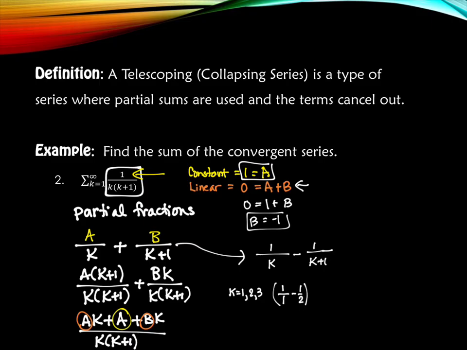Okay, cool. And then I'm going to have this added to the thing that comes next. Well, now I need to put the number 2 in. So if I put the number 2 in, I'm going to have 1 over 2 minus what? 1 over 3. Now we're going to put the number 3 in. So I'm going to have 1 over 3 minus 1 over 4. Let's do one more set and I'm going to stop. What would the next set of parentheses look like? 1/4 minus 1/5. And this will keep going indefinitely until I end up having 1 over, generally n, minus 1